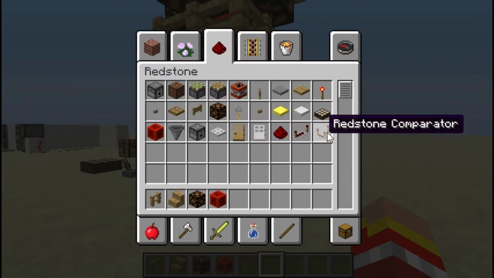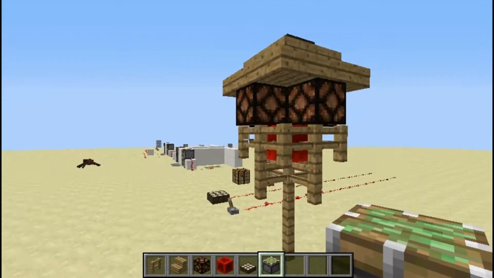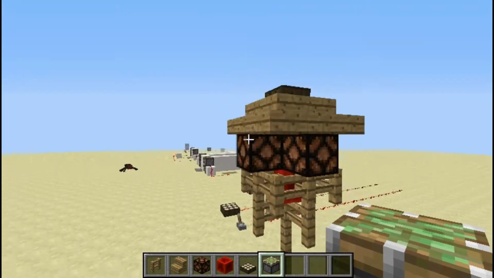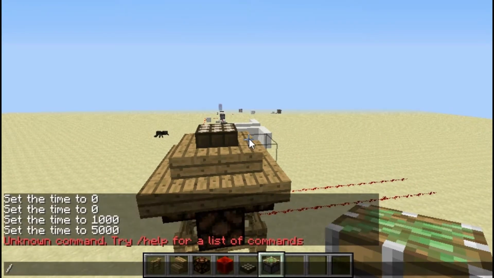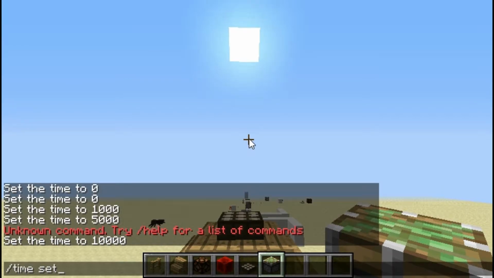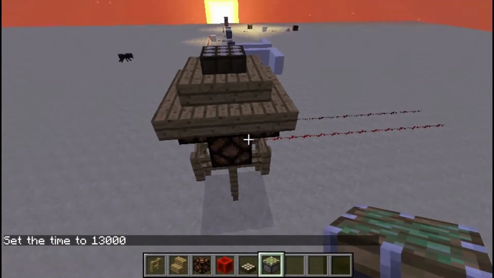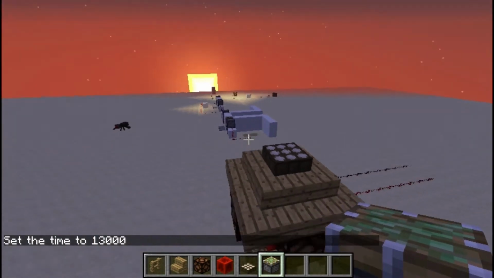So we need that, and our daylight sensor, and a sticky piston. Okay, so let's just show how this works first. Come on, fly up. There we go. So if we were to set time to 500, okay, time set 10,000, okay, set, and do 13,000. Okay, so we can see here now that the sun is about to go down, and then my phone is